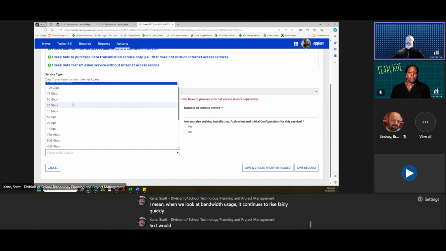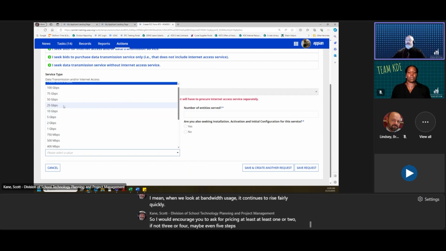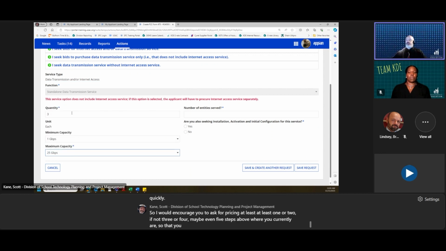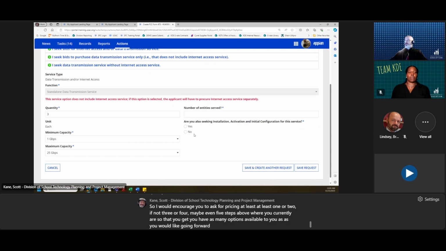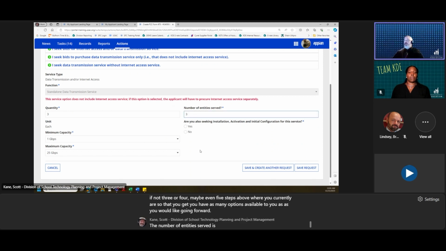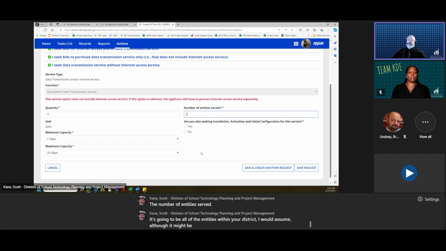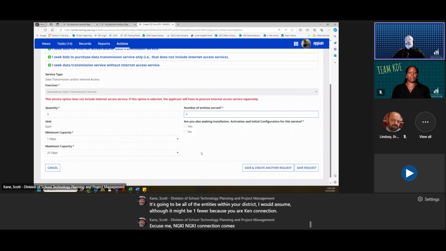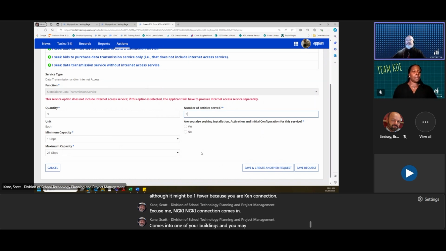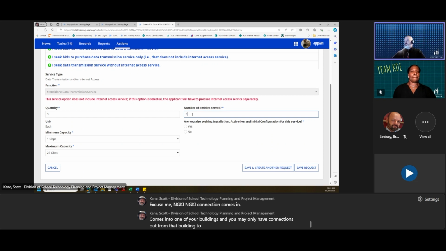So I would encourage you to ask for pricing at least 1 or 2, if not 3 or 4, maybe even 5 steps above where you currently are, so that you have as many options available to you as you would like going forward. The number of entities served is going to be all of the entities within your district, I would assume, although it might be 1 fewer because your NGKI connection comes into one of your buildings, and you may only have connections out from that building to others. I'm just going to use that because it matches with the number of buildings that we currently are playing with